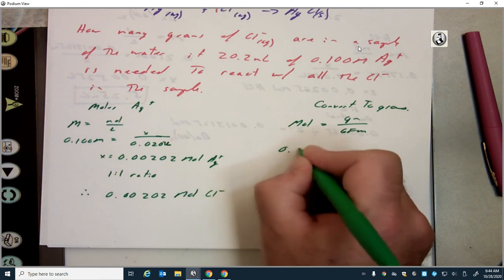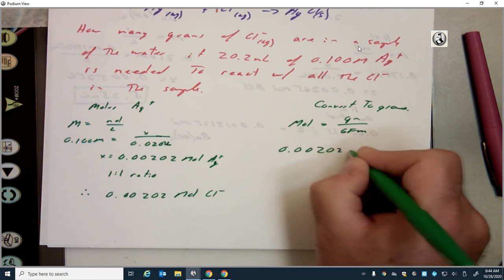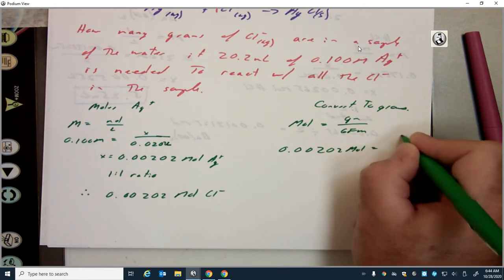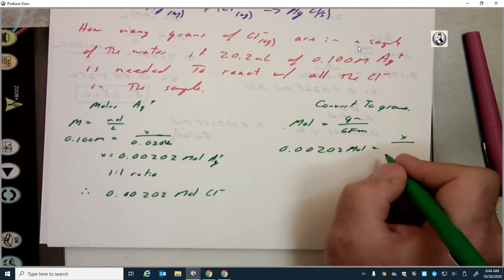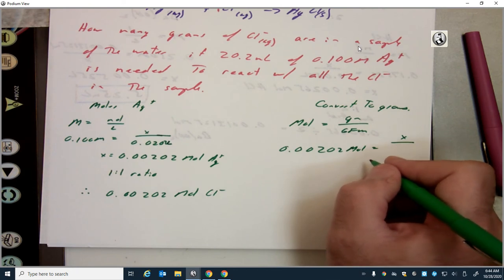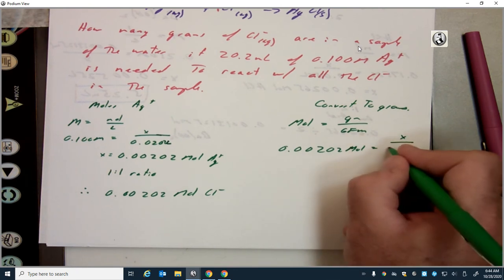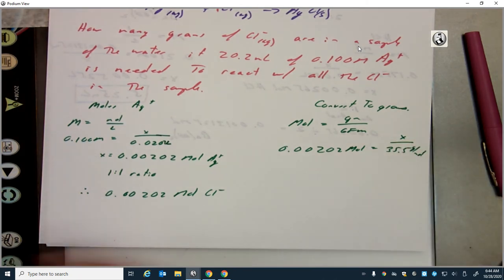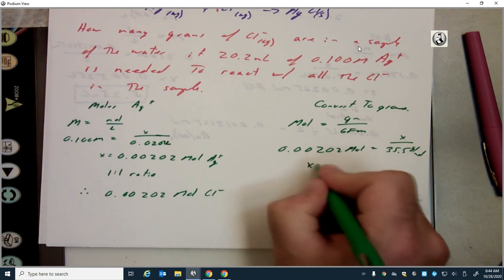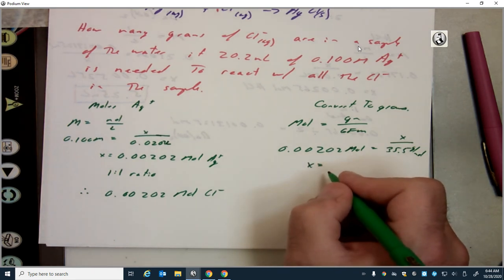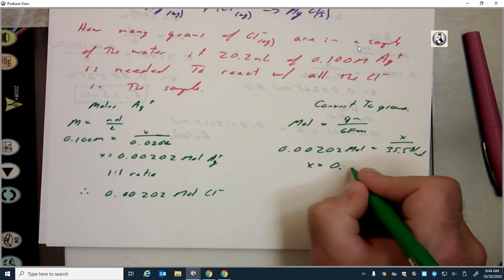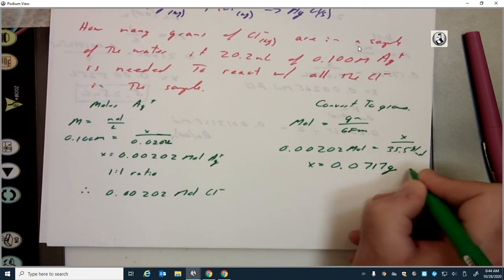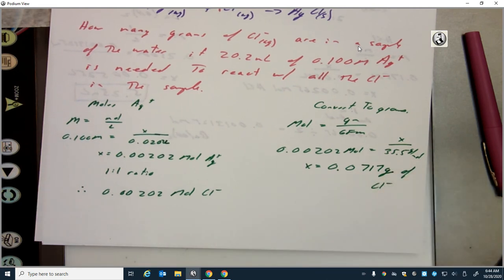We have 0.00202 moles equals X over, let's just use 35.5 grams per mole. It's only 3 sig figs. Cross multiply, and we end up with 0.0717 grams of chlorine ions